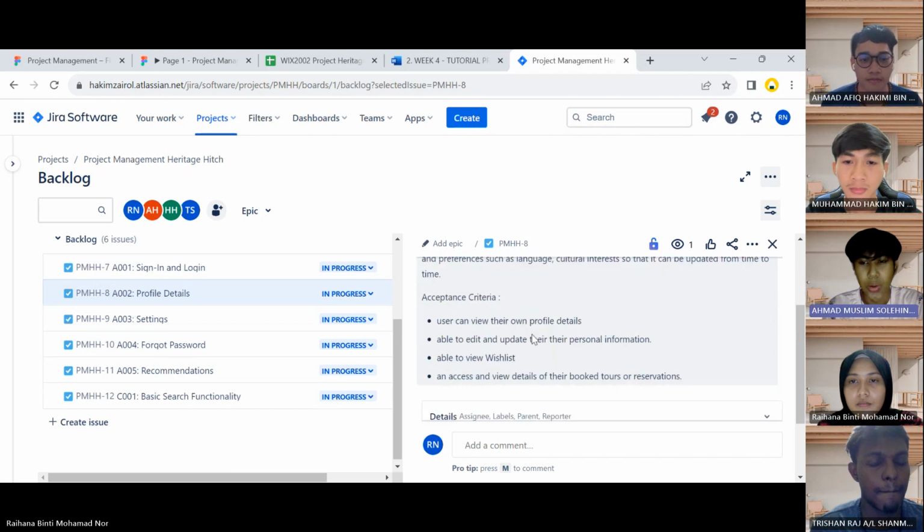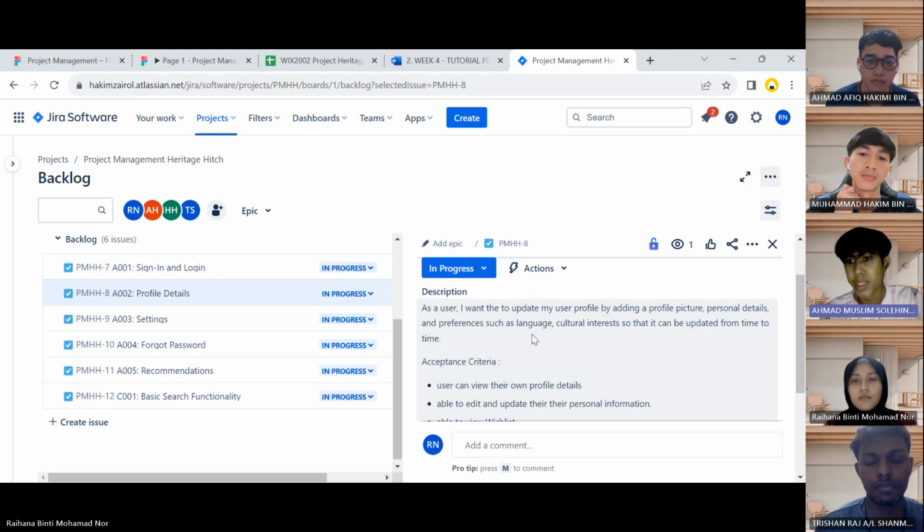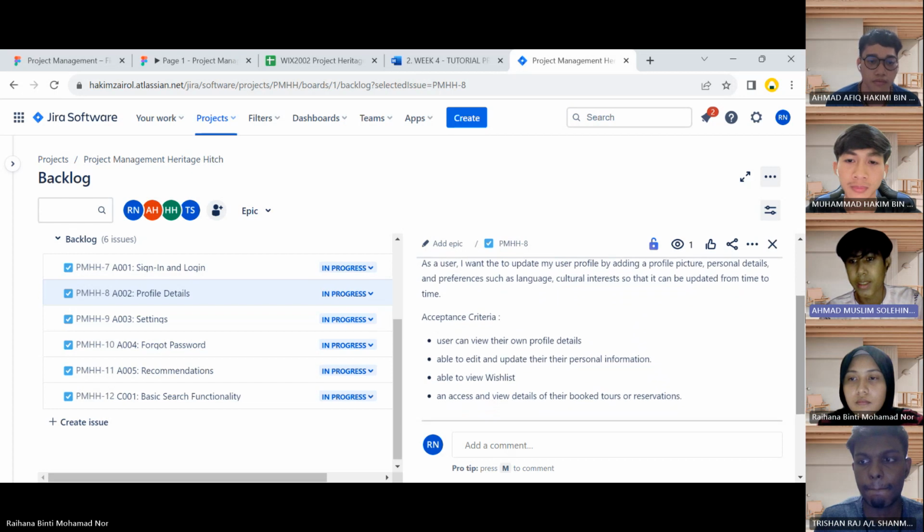Okay, so as for the next part, I would like to touch on profile details and settings. First of all, the profile details. The user story is that as a user, they want to update their user profile, for example, add profile picture, personal details, and their own preferences. The acceptance criteria for this point is that user can view their own profile details, edit them, and view their